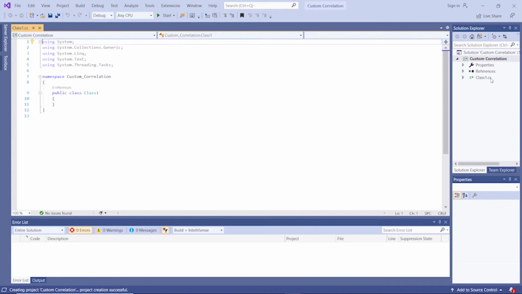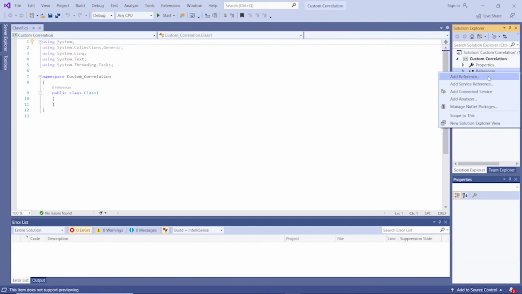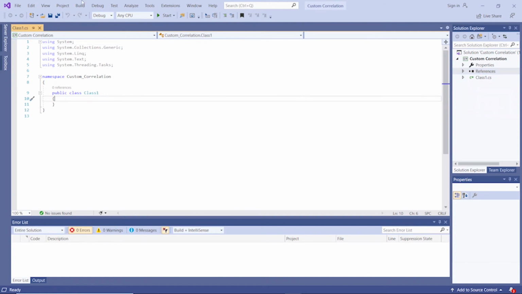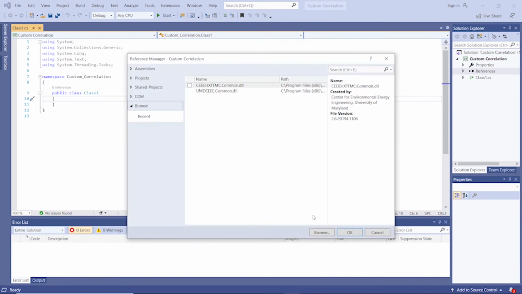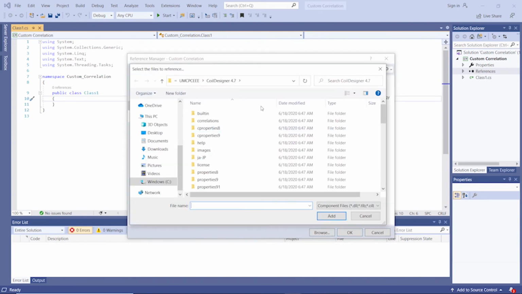To reference these files, you can either go to the References tab in the Solution Explorer window and either right-click or control-click on it and select Add Reference. Another way to add a reference is to go to the Project tab at the top and select Add Reference from there. From there, select the Browse button on the bottom, and within the CoilDesigner folder,